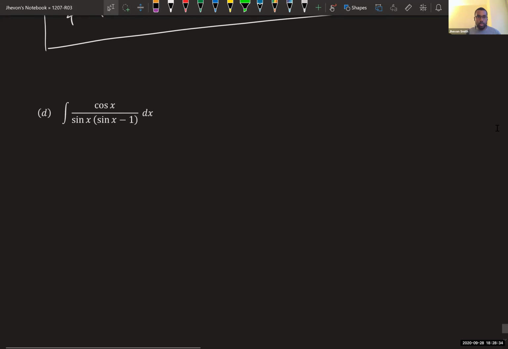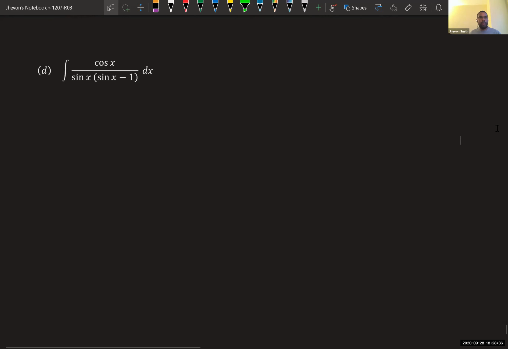Okay. This one. So, I thought that you could treat it like any other one. So I did the integral of a over sine x plus b over sine x minus 1. I'm not sure if you could do that with trig functions, but